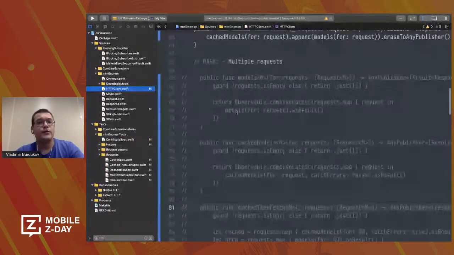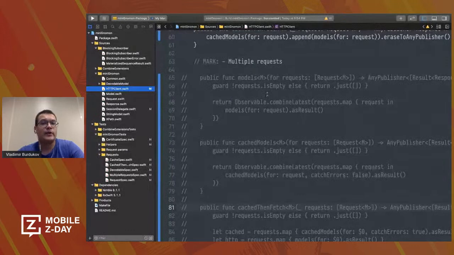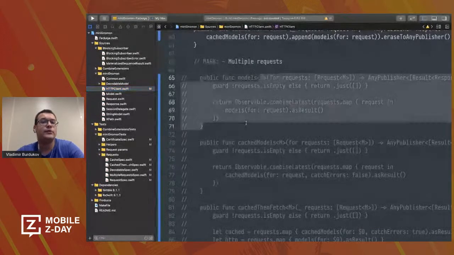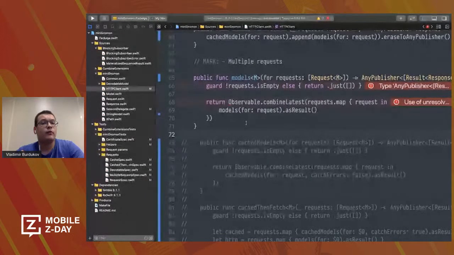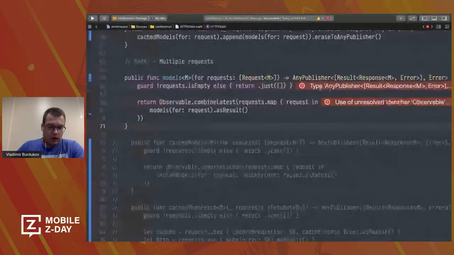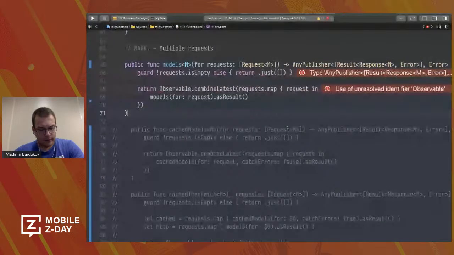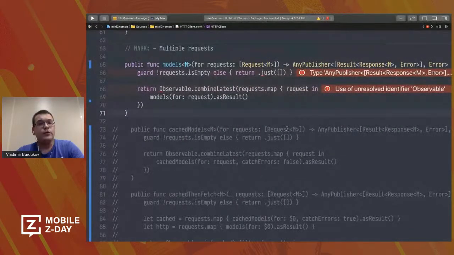From now on, we need to fix these multiple request methods. They consume an array of requests, and we want to execute these requests in parallel, then combine their results into one stream to produce an array of responses. So let's fix this. Yeah, here I have some issues. Unfortunately,